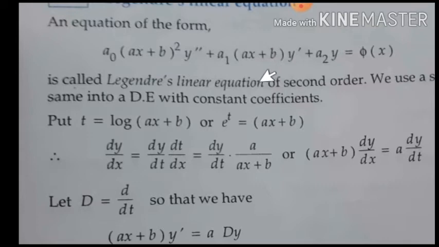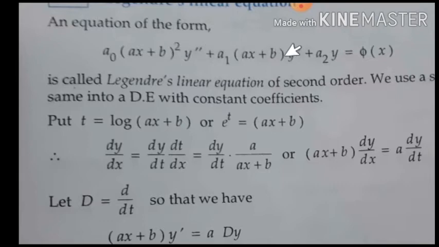Where this equation, from the variable, reduced with only some constant. So our intention here is to reduce this differential equation with variable coefficient and convert it to constant coefficient. In the same way, there is a simplification to convert (ax + b) whole square y double dash also to constant coefficient. This part of the simplification I will ignore here. You need to remember what it should get converted to.